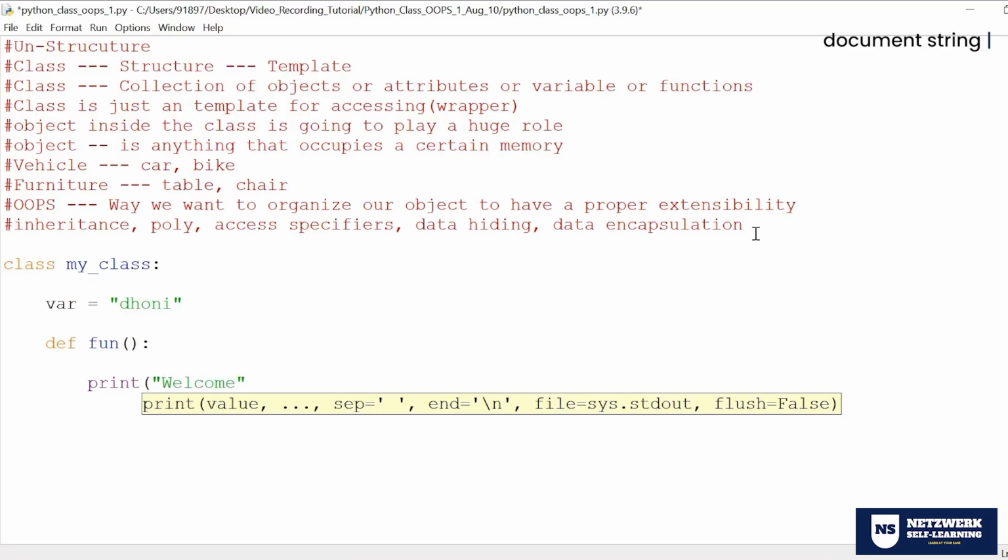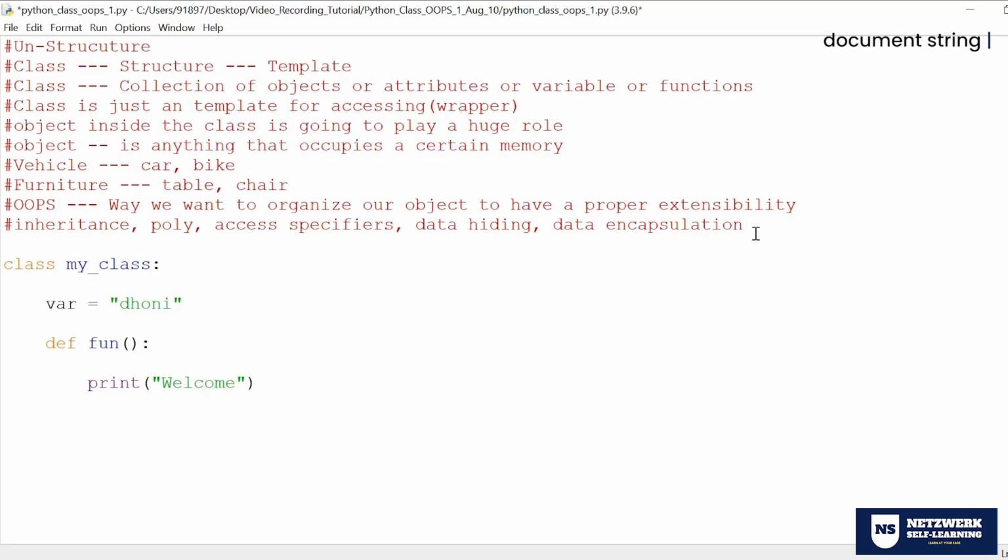So basically, usually I would have the variable and function separately, unstructured, but I realized that this variable and this function can be accessed by some other class also. So just to give the extendability, I have kept this variable and function inside my class. What is the class name? MyClass. So what do I have to do now? I have to call this variable and call the function. If you want to print the variable, where is the print now? Now the variable is inside your class.